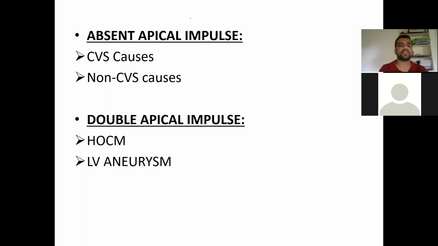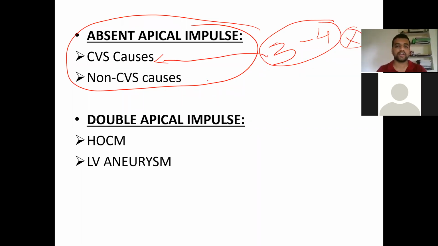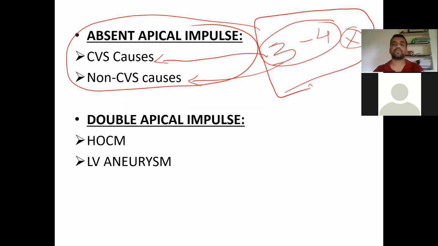So this is the most favorite question. Every exam they are going to ask this, and people always tell 3 causes or a maximum of 4 causes. This is not acceptable to most examiners. They'll become unhappy. They want 3 serious causes and 3 to 4 non-serious causes. That is the expectation they usually have. So at least have a good amount of memory-based answers, because most people answer just 3 to 4. They don't know the 5th, 6th. So at least try to tell 3 or 4 serious causes and 3 to 4 non-serious causes. So we'll come to the next slide.